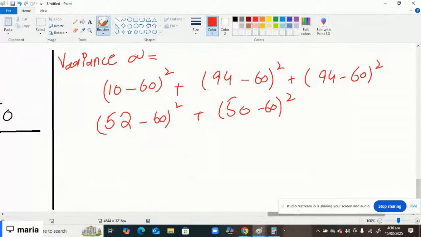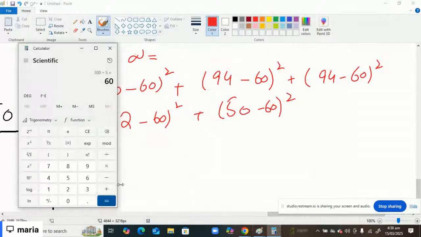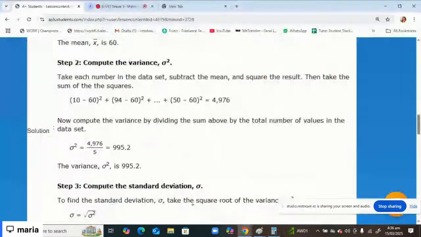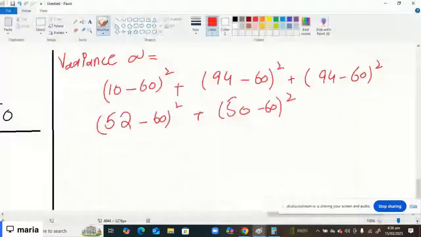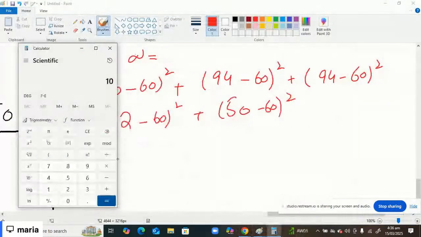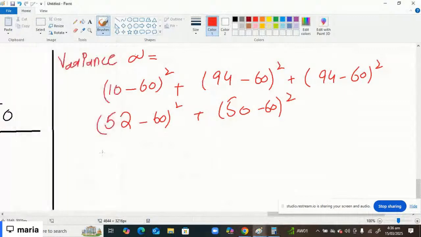Let's do it. 10 minus 60. What is the answer? And now when you're writing it out, it may be the answer in the form of thousands, so it's not like your answer is wrong or anything. Okay, 10 minus 60, this is minus 50. Now we are just going to take the square of this. This is 2500. So first is 2500